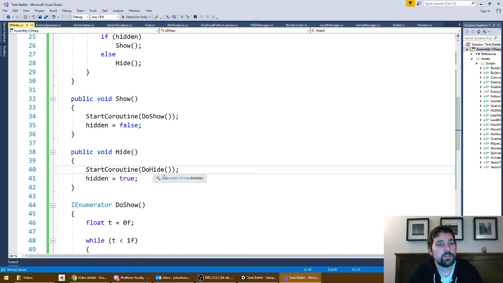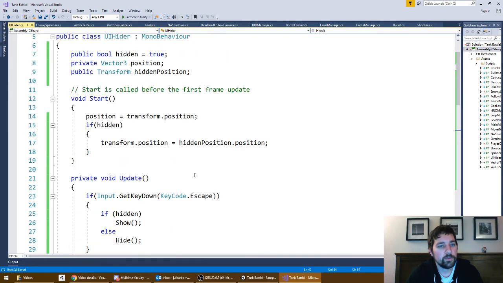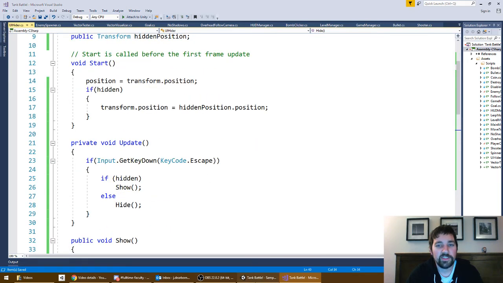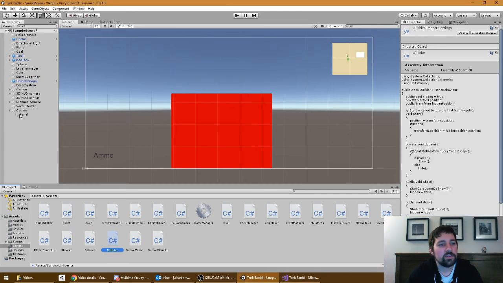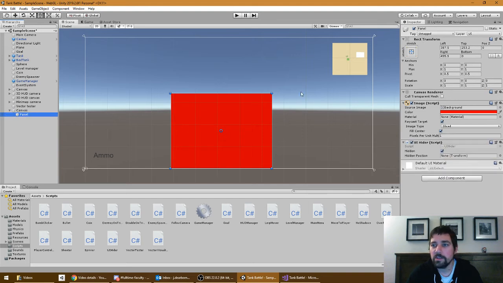Alright, so let's see, is this right? I guess we'll find out. There may be some interesting effects here. So let me select my panel and make sure that my UI hider is on it. Should be okay. The hidden position, I need to specify something for that. So let me put